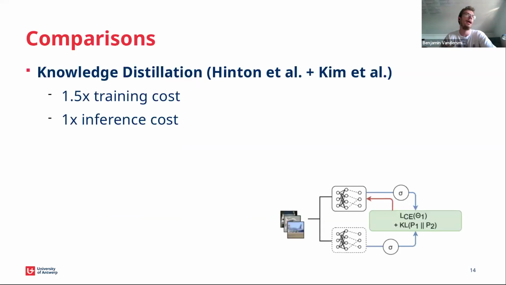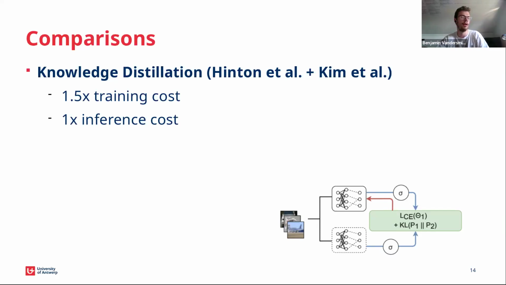So we want to compare against methods that are also quite similar, so methods that do have an additional computational cost during training, or maybe also during inference, and do a comparison with that. Because comparison with a single trained network, so a standard training, is valid, but there are also less computational requirements. So the first comparison we did is with knowledge distillation, in which basically there is a teacher